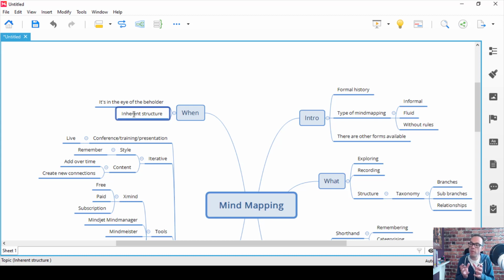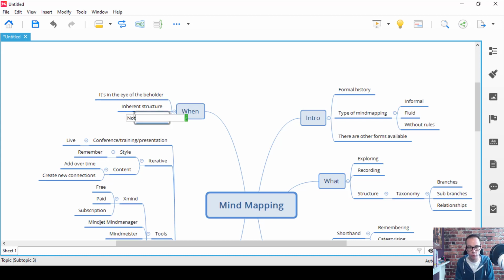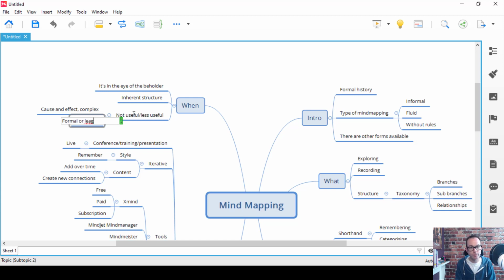So to flesh that out, we could talk about when it is not useful or perhaps less useful. Cause and effect, when it's complex, a mind map is probably not your best tool. Something like a rich picture, a multiple cause diagram, causal loops, cognitive or causal mapping, or even just a traditional old fishbone diagram is potentially more useful there. When you want a formal or legal record, then a mind map is probably not going to be your most useful thing.